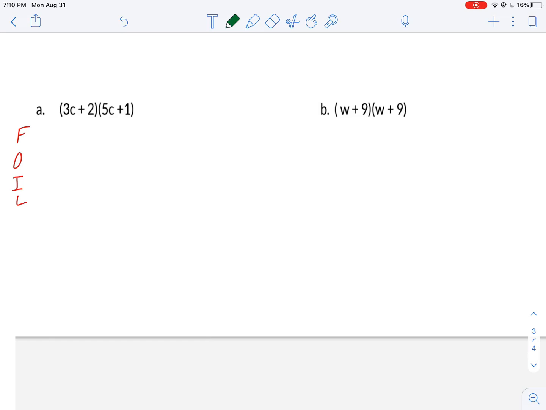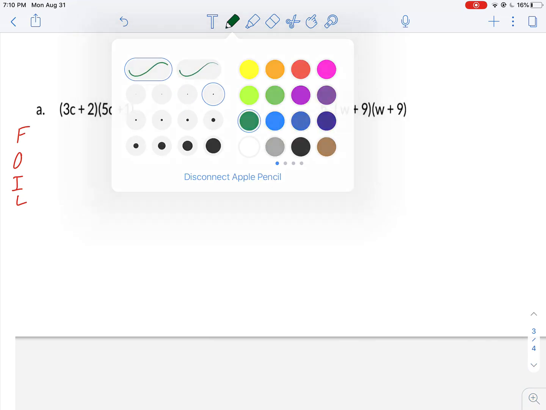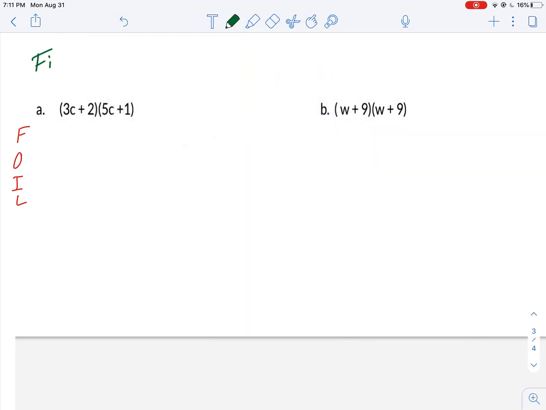Hey, welcome back to our first day of multiplying polynomials. So this is our FOIL method, and FOIL just stands for first, outer, inner, and last. So whenever we double distribute, or FOIL, as you might have heard it called, our polynomials, we're